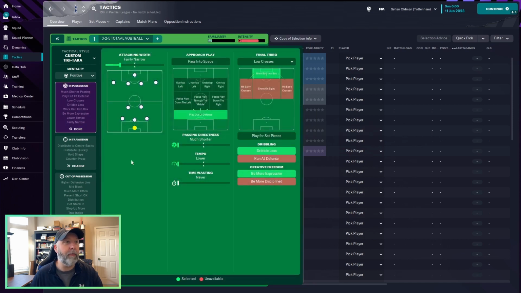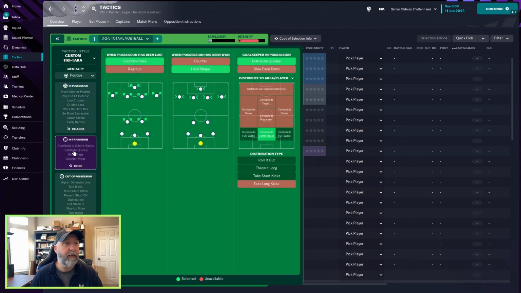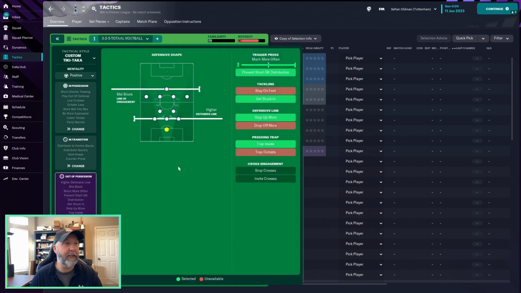You got fairly narrow attacking width, play out of defense, much shorter passing directness, tempo is much lower, low crosses, work the ball in the box, dribble less and be more expressive. Counter press, hold shape this time around, distribute quickly and distribute to the center backs. And then out of possession, mid-block line of engagement, higher defensive line, so that's a very thin midfield. Trigger press much more often, prevent short goalkeeper distribution, get stuck in, step up more, trap inside, and then no